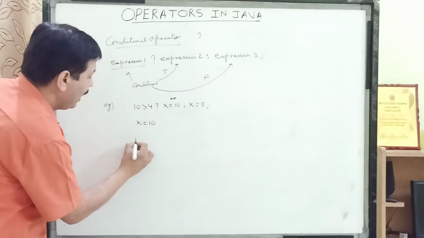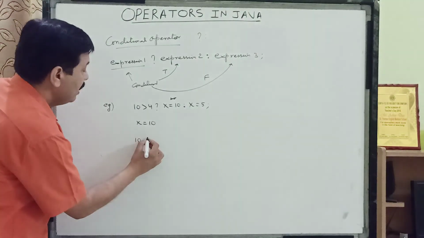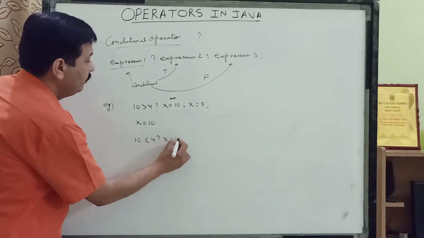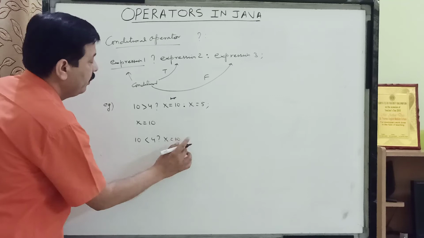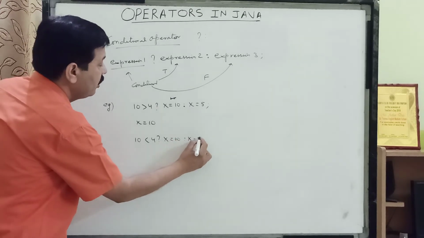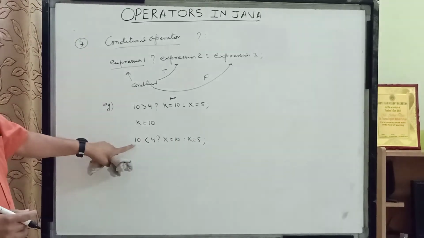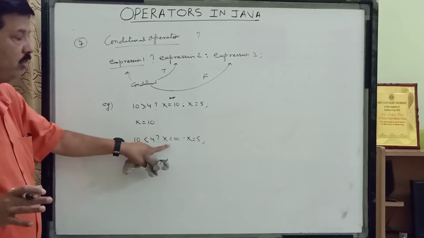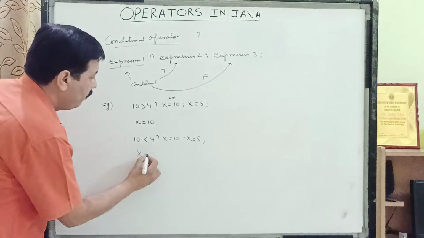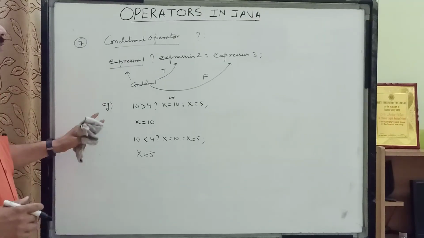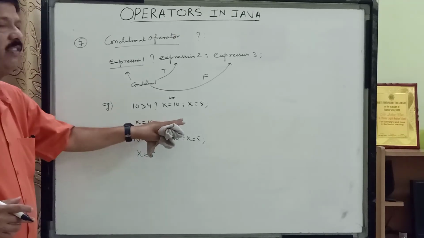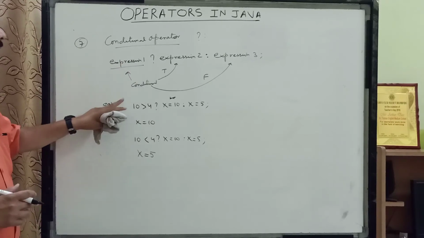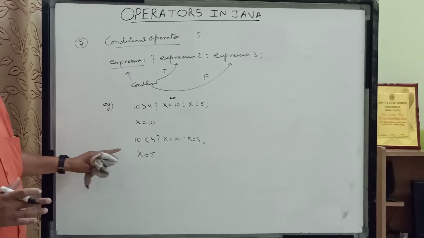Say for example, if I write is 10 less than 4. So again I write the same equation. This is a colon, and now children, if I write this expression is 10 less than 4, it is false. So in that case, this expression will not get executed, this will execute, and the value of x becomes 5. So children, when we will be doing programs, we can use these expressions of conditional operator or ternary operator as conditions, and we can use them in the program.